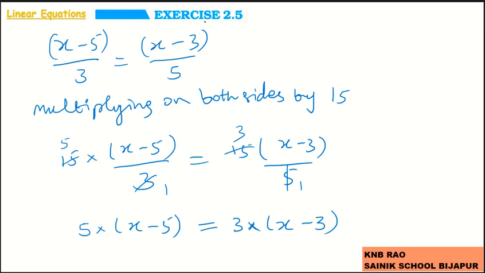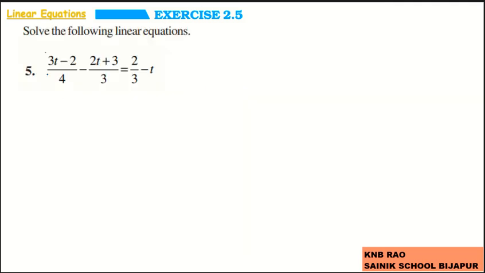So, multiplying on both sides by the LCM of these denominators is one way that gives cross multiplication. So, cross multiplication is a result of this step. Okay. So, you know how to solve this. I am not solving it now as it is solved in the previous slide. Now, coming to question number 5.